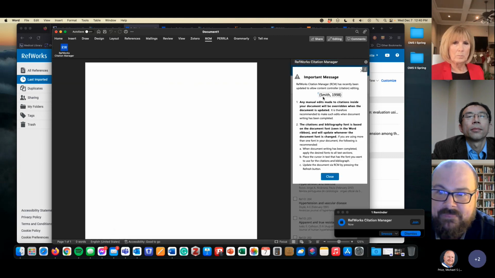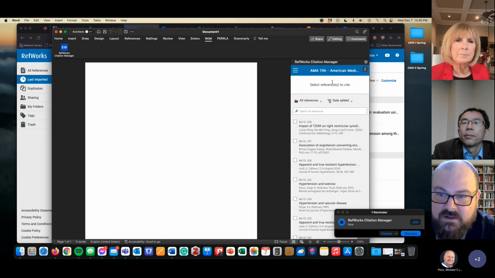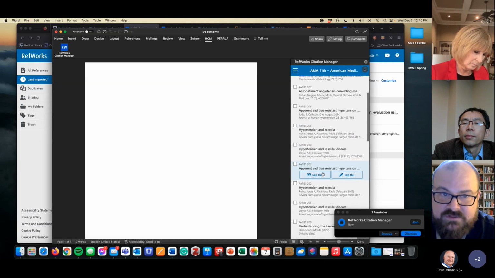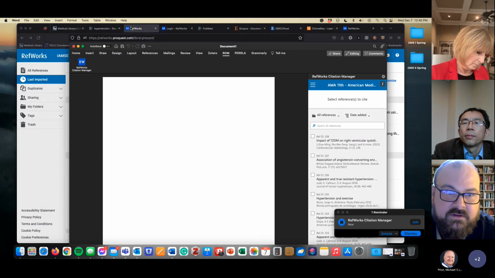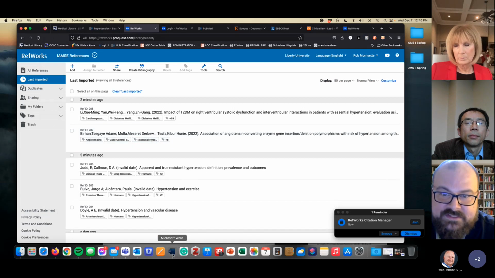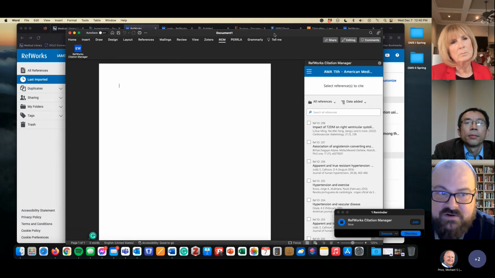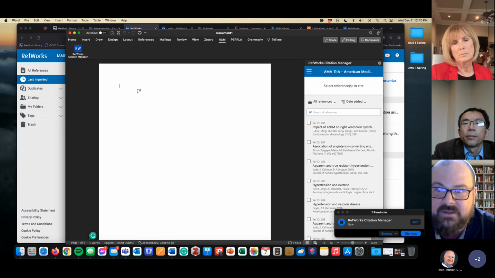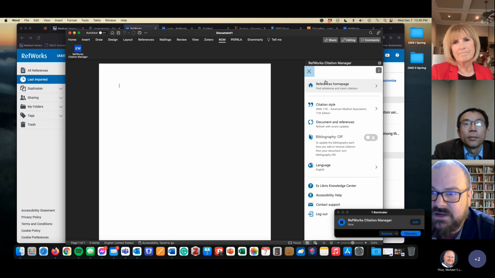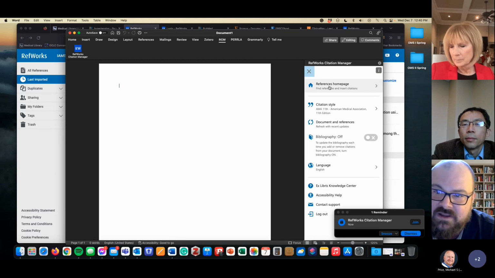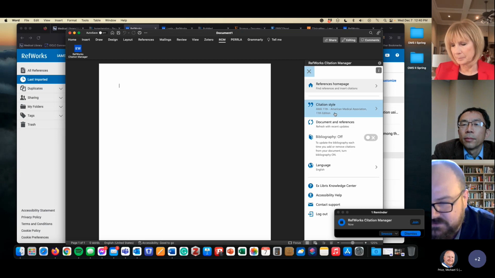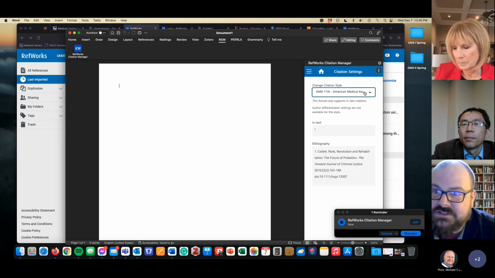And when I click on that, it opens up in a sidebar all of my citations from my RefWorks. These are all coming from this page. So it syncs with your access to RefWorks on the web where you're managing your citations, and it puts them in Word so I can use them in my paper. And what's cool about this is Dr. Mental, I know, has had some experience with this because there's a bunch of different citation styles available depending on what journal you're publishing to or what type of paper you're writing. So I have AMA just because it's American Medical Association, we're a medical school, but you can actually search through all kinds of different styles here,